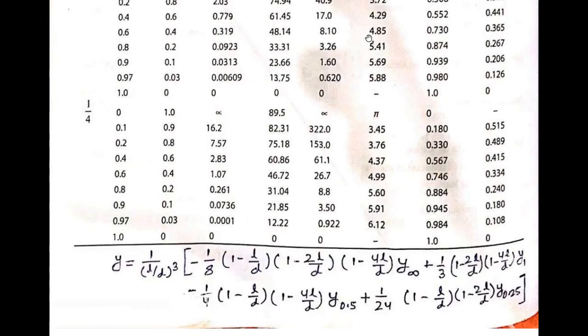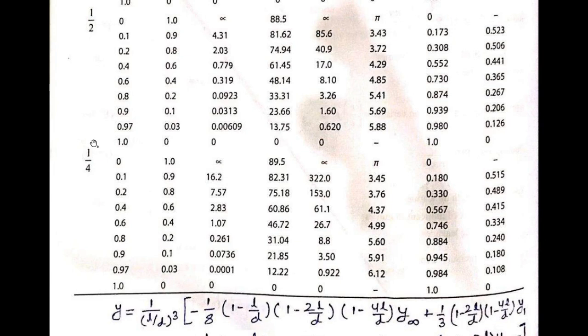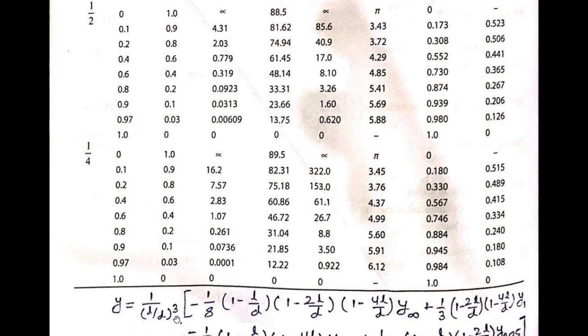Now, other than this value of L by D ratio, suppose here, look here, the L by D ratio is 1 by 2, here 1 by 4. 1 by 2 means 0.5, here 0.25. But in some cases L by D ratio is 0.4. Then what do we do? It is 0.5, it is 0.25. In this table 0.4 is not given. For that case we have to use this equation here.